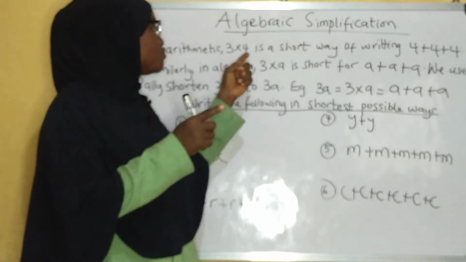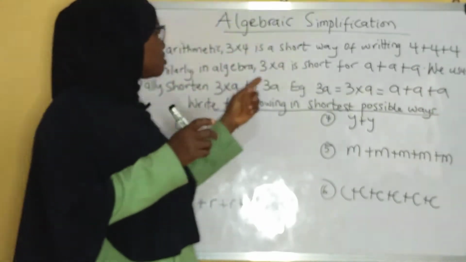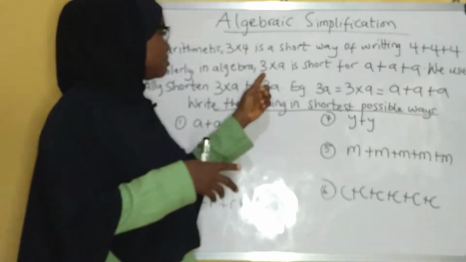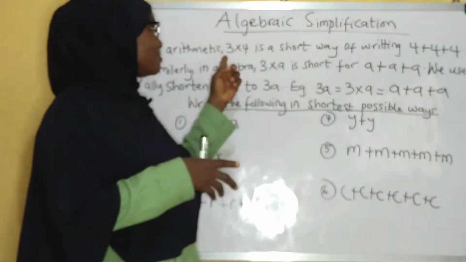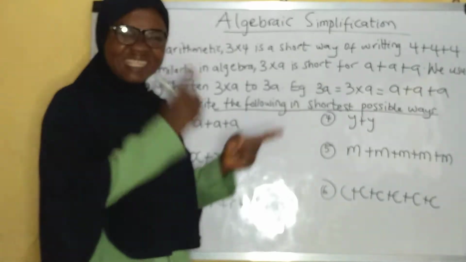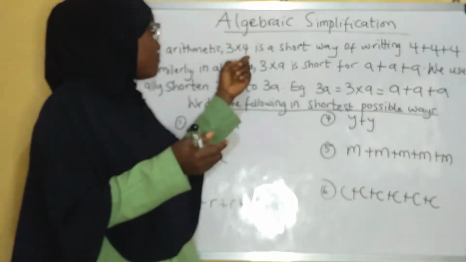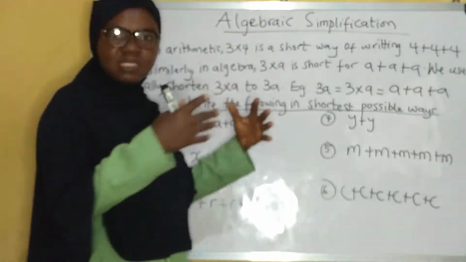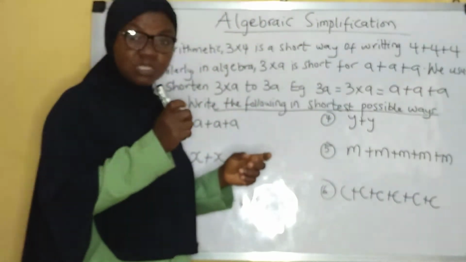Now, based on this understanding, please do not mix it up. In arithmetic, you have numbers all through. But in algebra, you have a number and then a letter. Do you understand? So please, 3 times 4 is not the same thing as 3 times a. Because 3 times 4 is just normal arithmetic. Multiply 3 times 4 together, which is the same thing as 4 plus 4 plus 4. That is 4 in 3 places or 3 in 4 places, and then you add it together. Does that resonate with you?